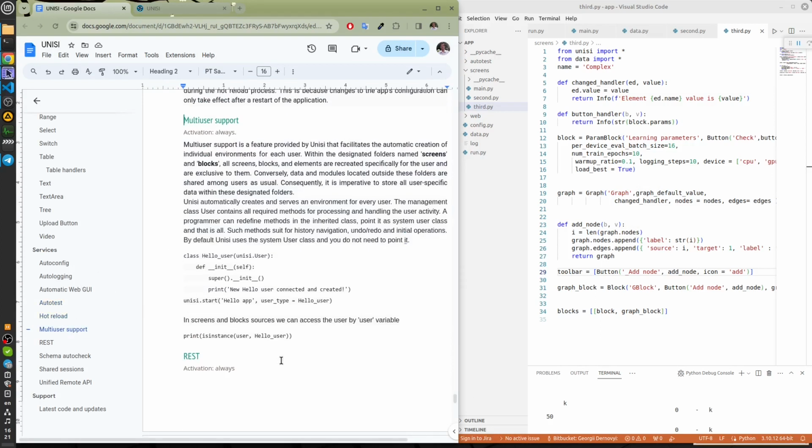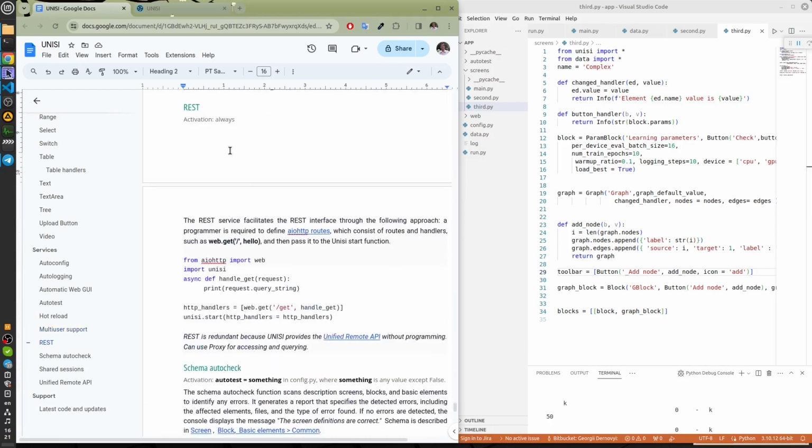Multi-user support. Our system automatically supports the environment for each user. And we can access user instances on any screen just by using the user variable. Unici adds the user variable to screens and blocks. REST is not needed in most cases.